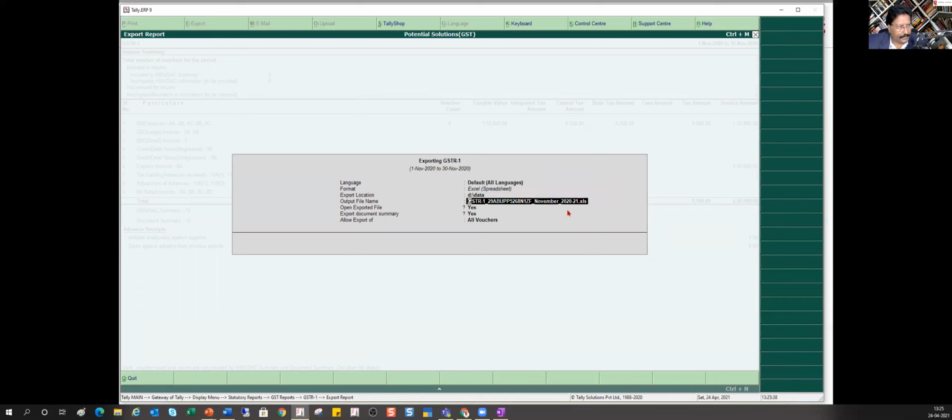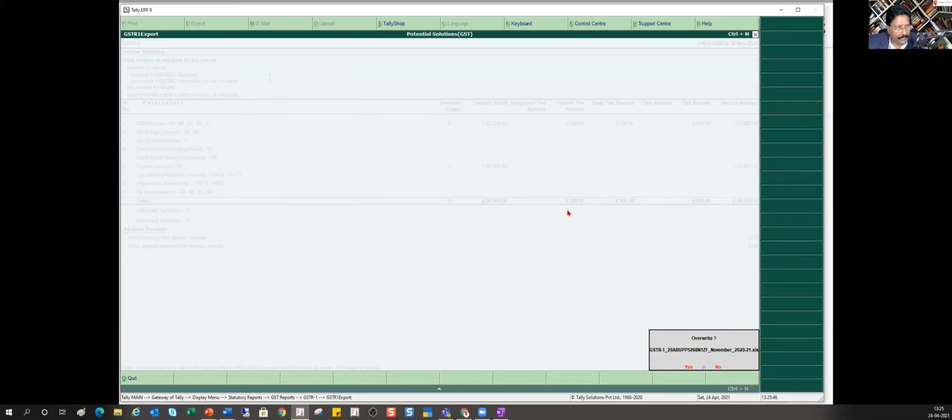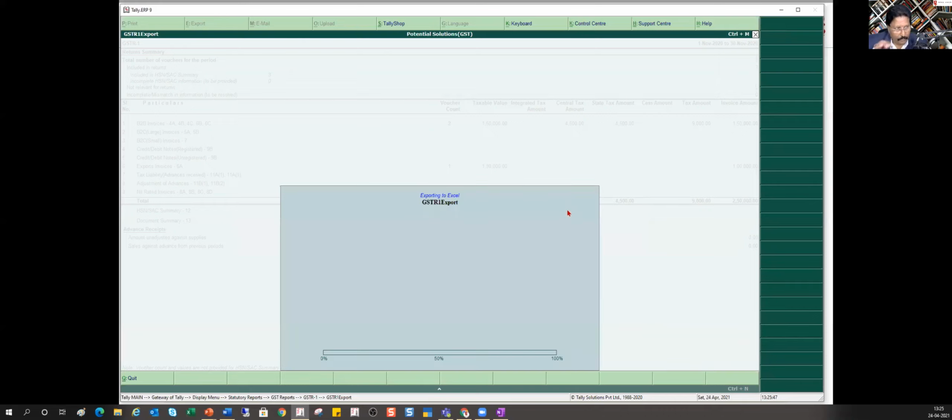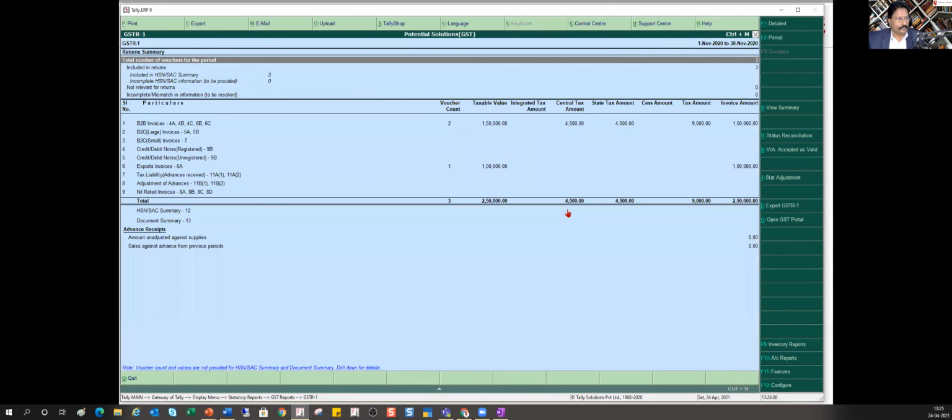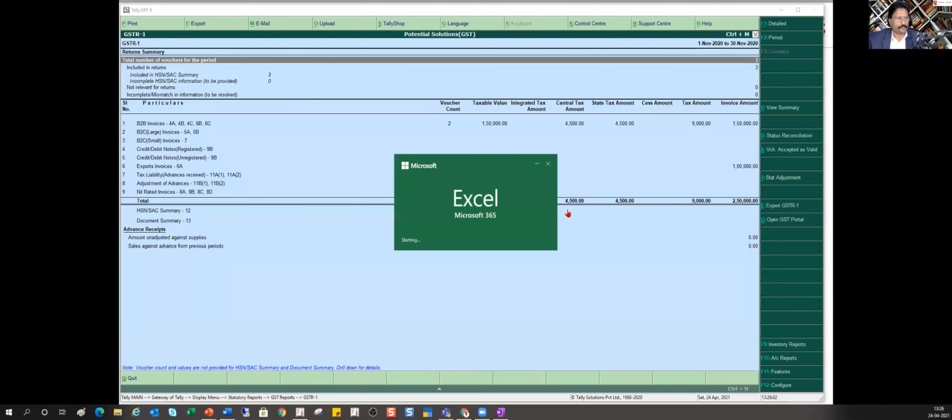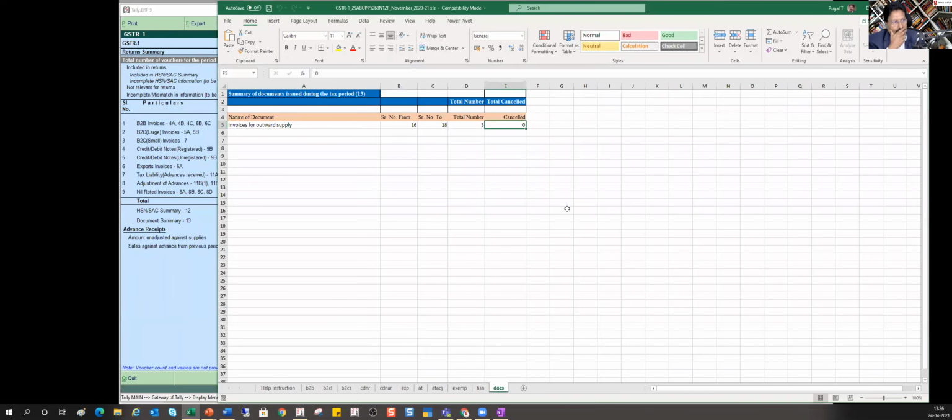Enter here, enter here. This is the file name that it will automatically create. Enter. I want to open the exported file. Everything is fine. Enter. Okay, overwrite, I had already exported earlier. So your GSTR1 is ready.